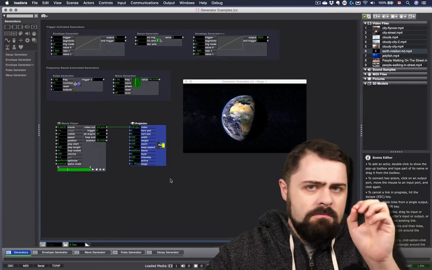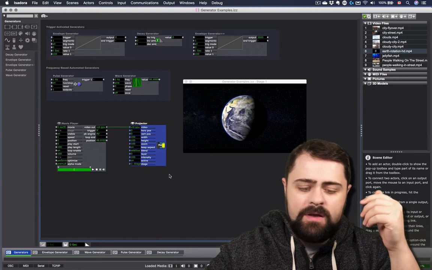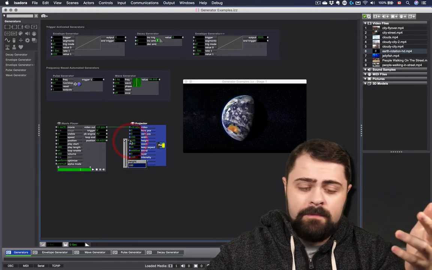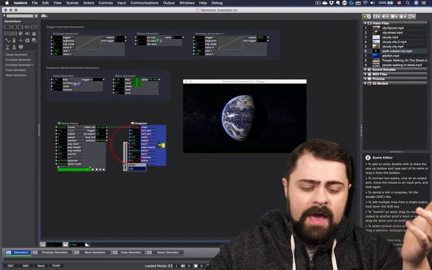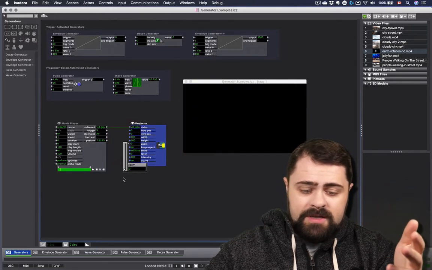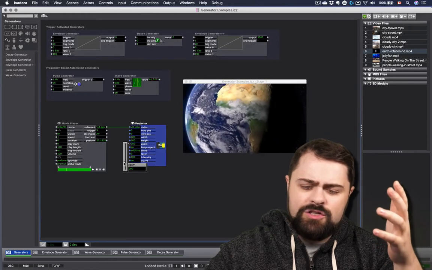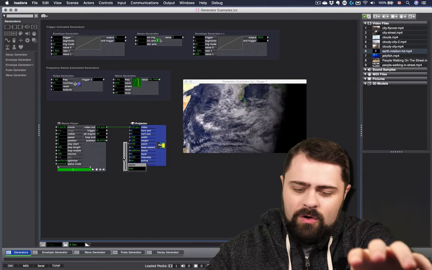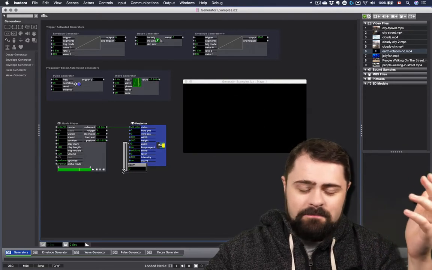But now, something that you might have noticed as we adjust the values on the actor properties is that we can click the small circle beside a property and that we get a slider that we can use to adjust that value. I'm going to adjust the zoom here. And you can see that as I adjust the slider, the visual representation of what's happening updates in real time. And I actually get this smooth zooming effect of either going into the Earth or pulling away from it, like a Carl Sagan film.